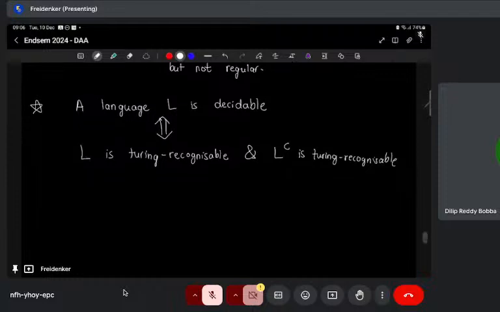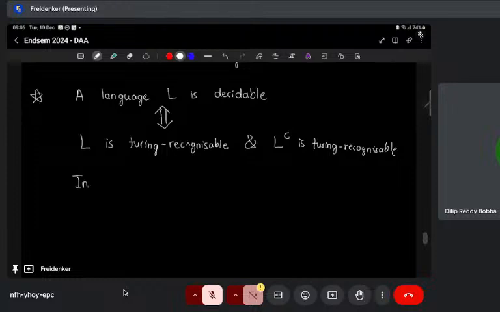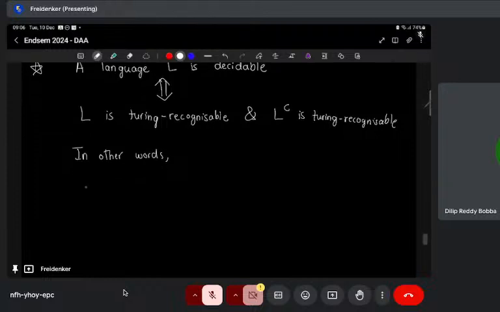In other words, when can I say a language is undecidable? I can say L is undecidable if and only if